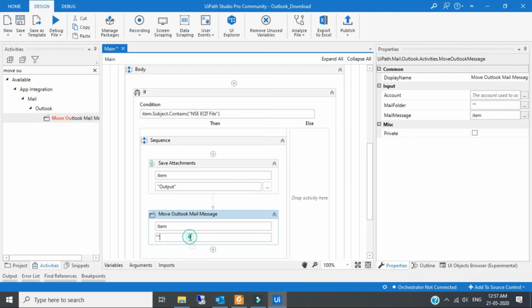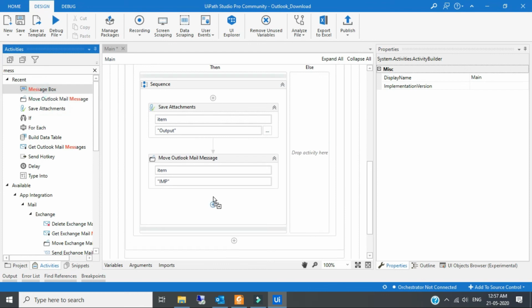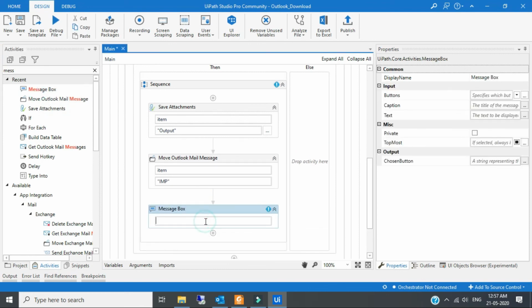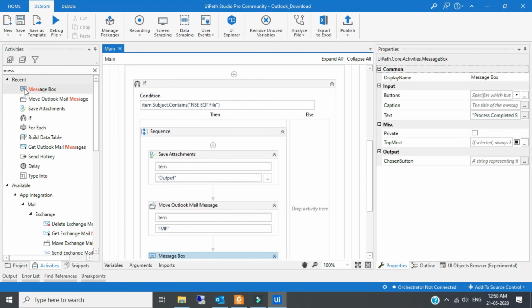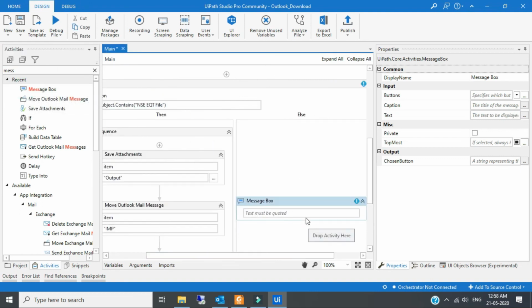So I will just write here in double quotes, IMP. After this, we will take a message box, that is process completed successfully. And if the subject does not contain the NSE equity file, we will simply display a message, that is mail not came yet.